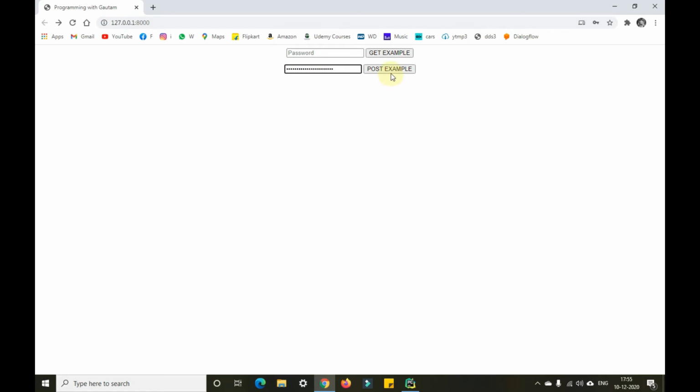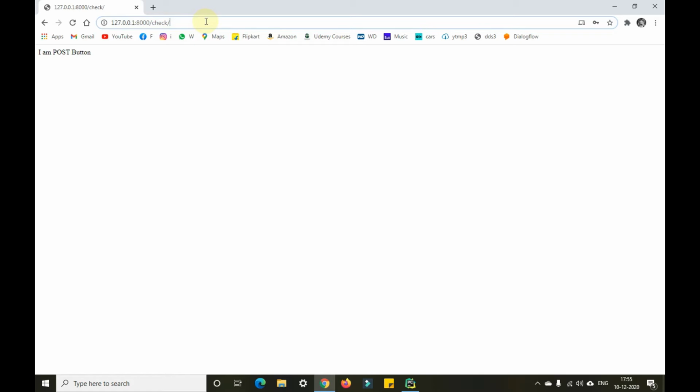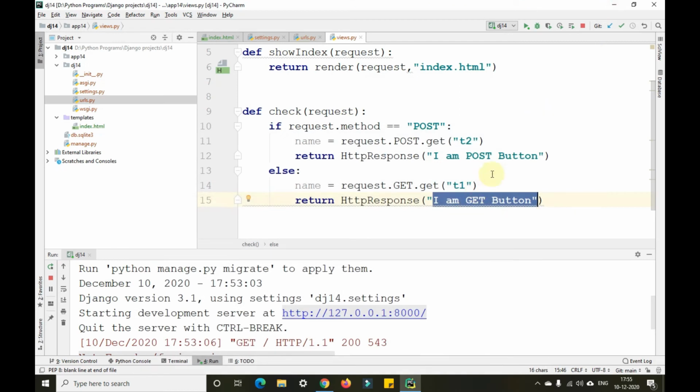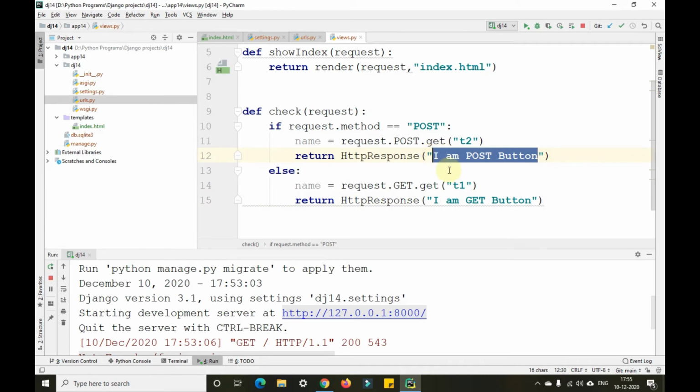So I am sending the same thing, that is programming with Gautam, and clicking on the post example here. As you can see, I have got the output as I am post method here, but we have not got any data here. We have not received anything. For example, let me send name instead of sending I am post method.